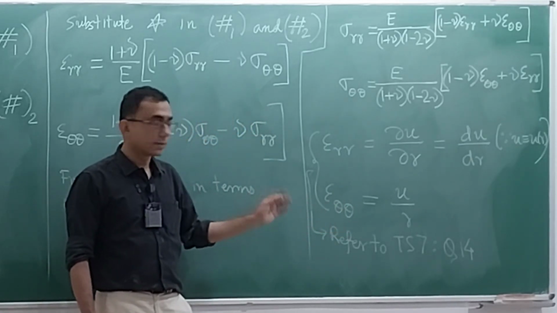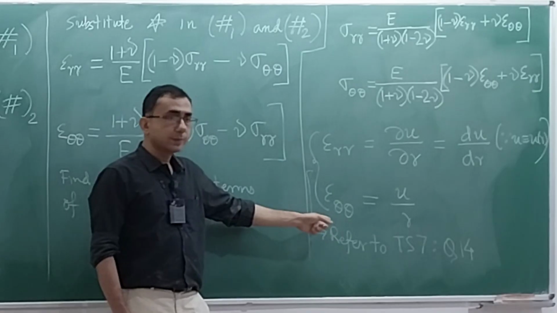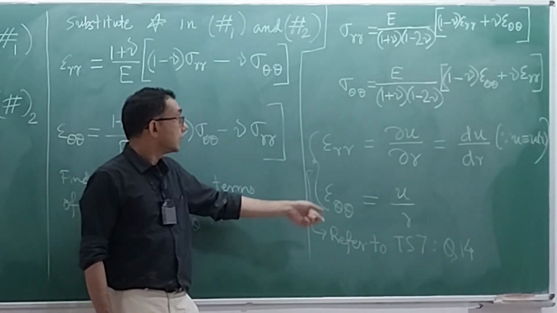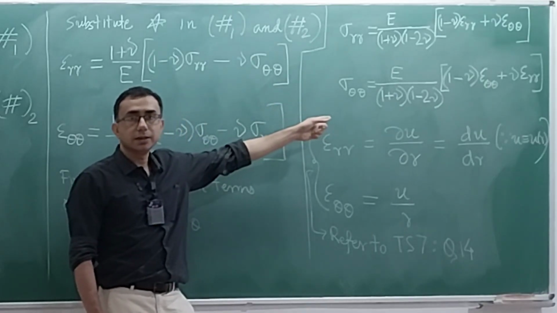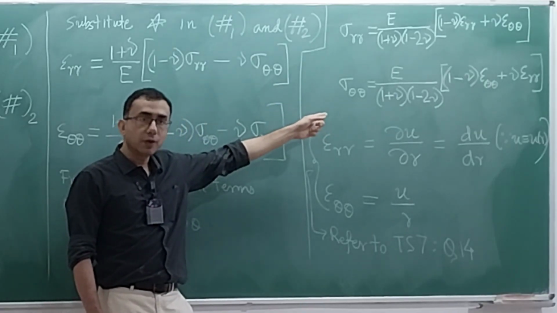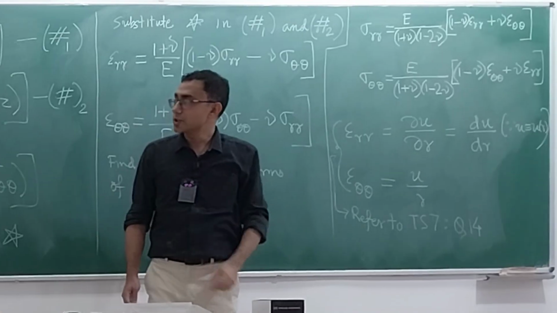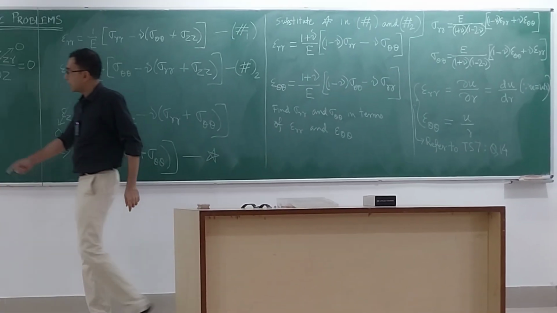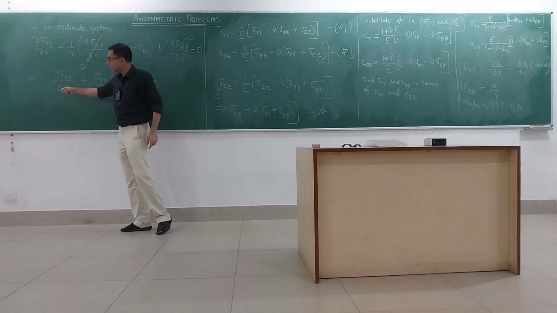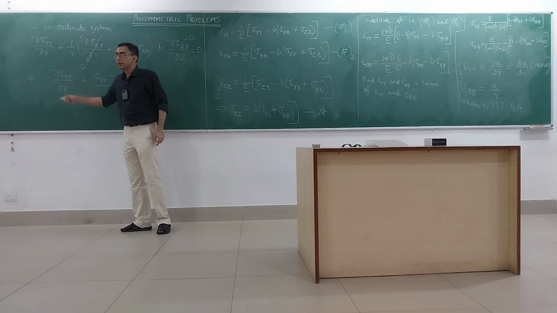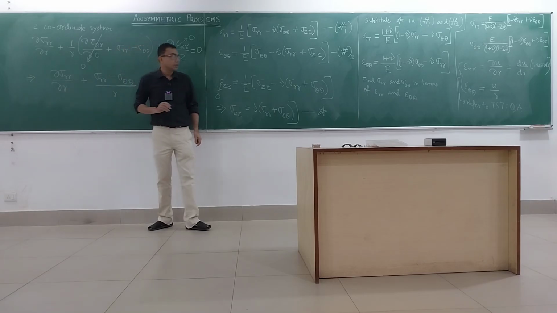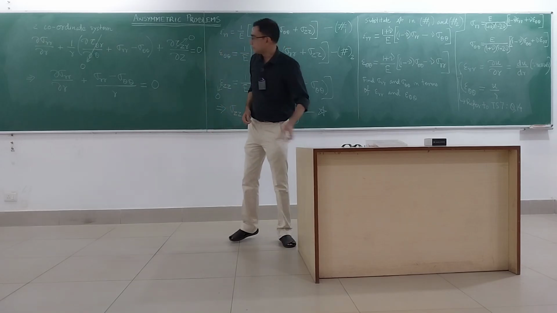Now see how it goes. If both epsilon rr and epsilon theta theta are a function of r, then what about sigma rr and sigma theta theta? They are also pure functions of r. If they are pure functions of r, this equation that we had obtained earlier, there was a partial derivative here. So this also implies that it is only an ordinary derivative. Okay, so